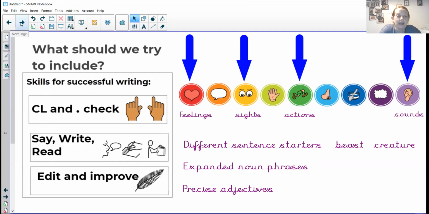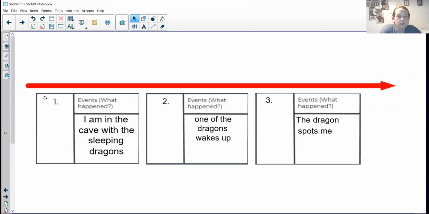Okay, so as I said, we are breaking our writing into 3 parts of the paragraph. So there are 3 main events in your paragraph. So first of all, you're in the cave and the dragons are asleep. And then one of the dragons wakes up. Now, in between here is where you need to make sure that the bits of your paragraph are linking. So you're in the cave with the sleeping dragons, and then I guess something would happen here to wake up the dragon. Okay, so we'll talk about these ideas as we go along,